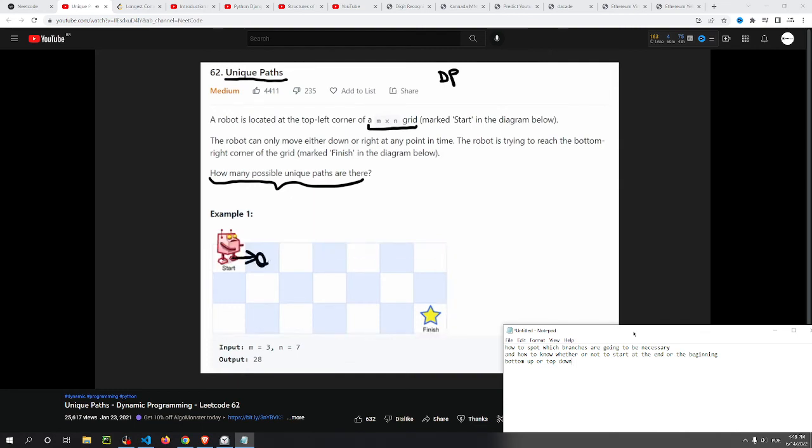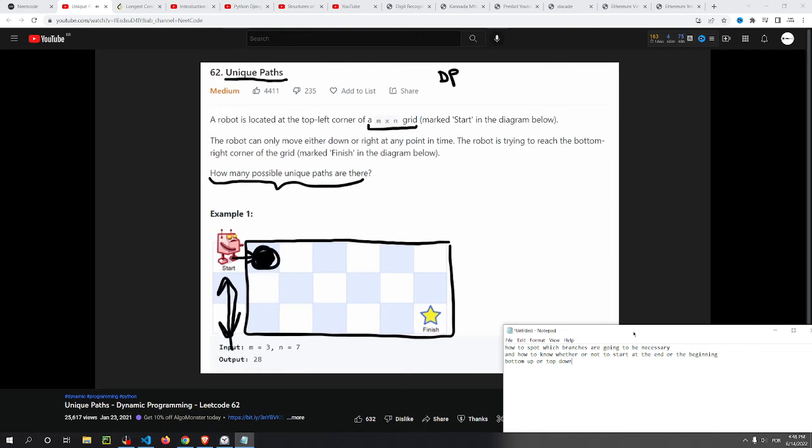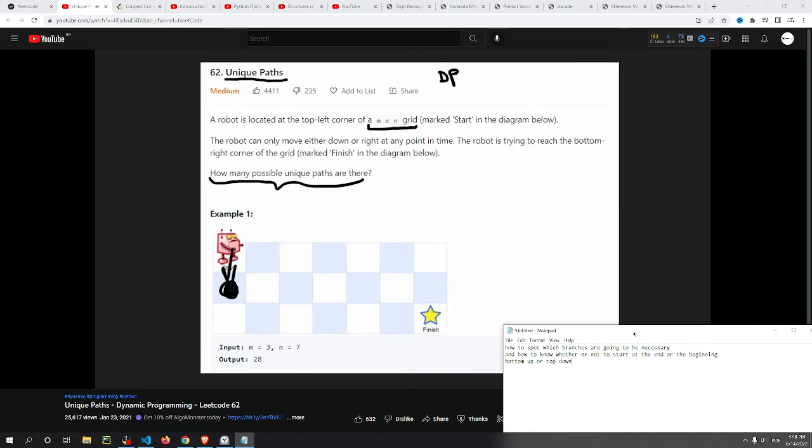But if we move right from this position, what are the possible spots we can go to? Well, we can go right and we can go down, so we can actually go to any spot here. But notice we will never be able to reach these two elements if we start from here. Similarly, if we go down from here, then what positions can we reach? We can reach any position to the right or below, but we'll never be able to reach any of these